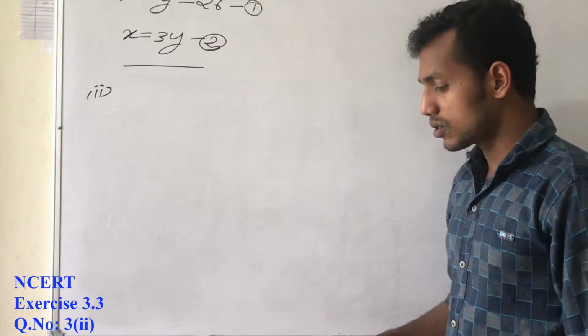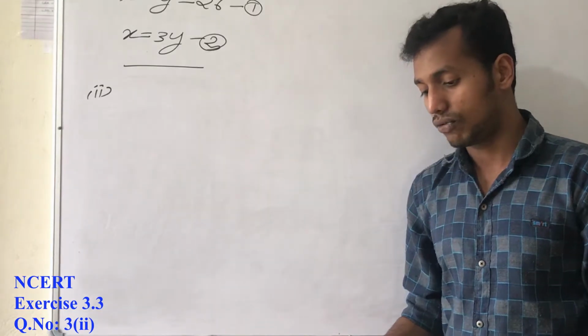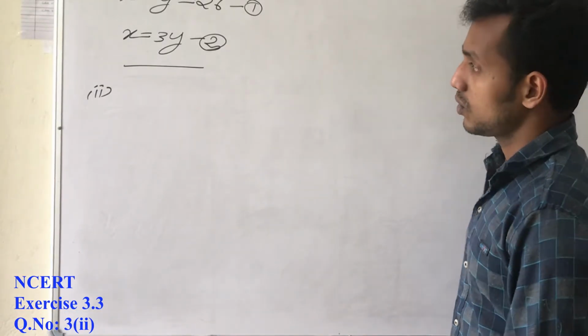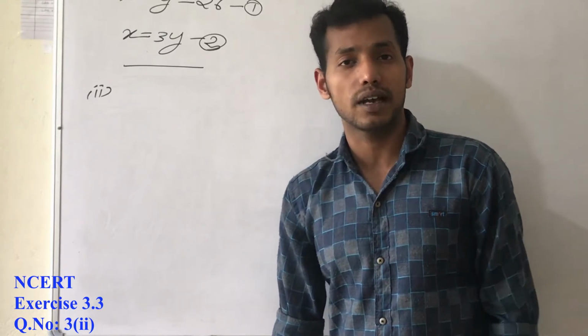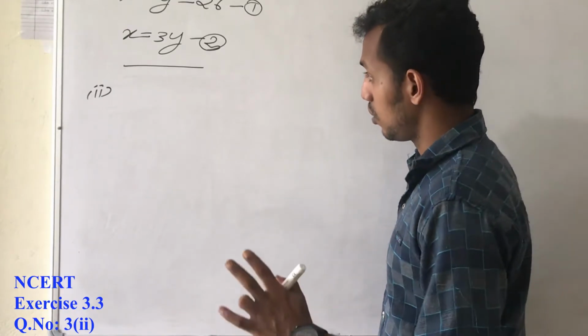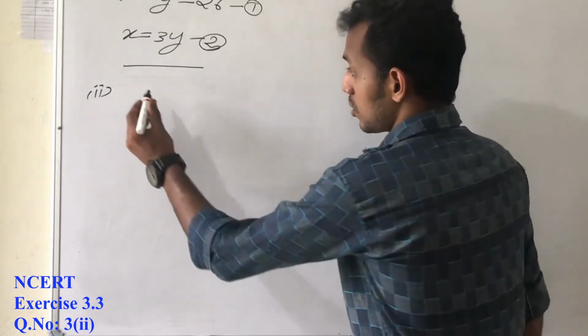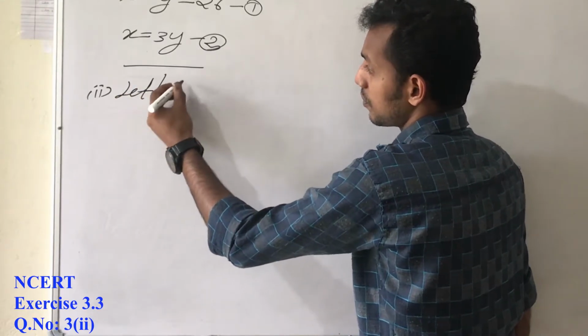The larger of two supplementary angles exceeds the smaller by 18 degrees. Find that. So, larger of two supplementary angles. What is the meaning of supplementary angles? Any two angles with the sum 180 degrees. So we can assume two angles, and let the angles be